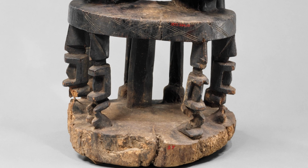They're holding up the bench on which they sit. Those 4 caryatids represent ancestors. They actually represent all the way back to creation. The Dogon people are very much a creation story-centered people, and so they're honoring 4 of the original children